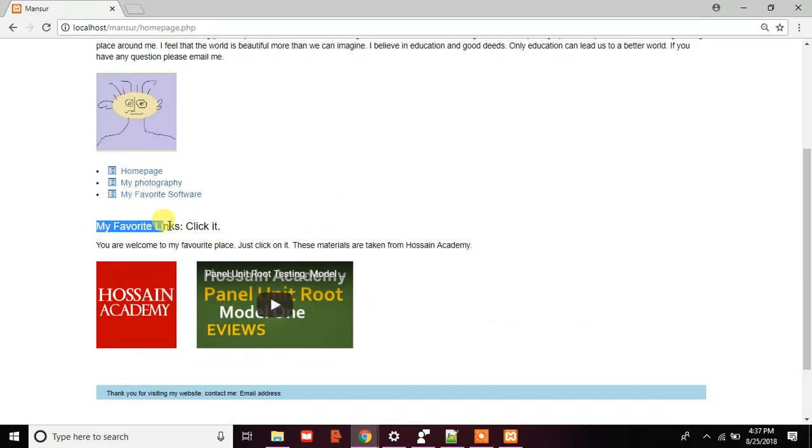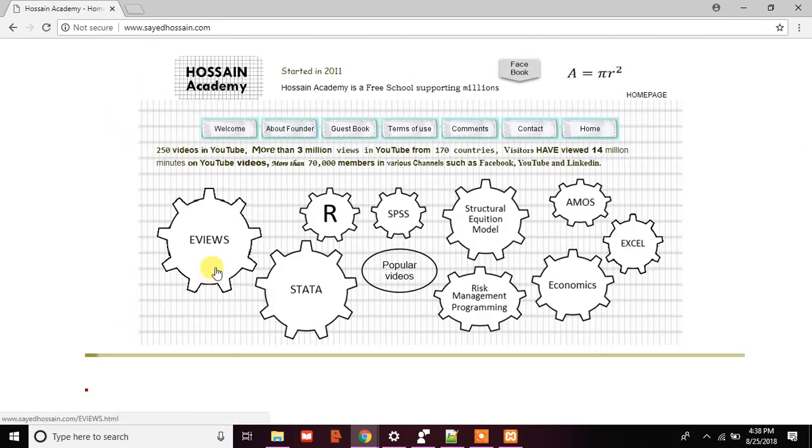Then I'm adding one more heading, my favorite links. You have to click it, so now how to click the link. Okay, what I've done here: you're welcome to my favorite places. Just click on it. These materials are taken from Hossain Academy, right? Okay, suppose you click on it. So that one will bring you to the Hossain Academy, right? You have come back to Hossain Academy, and